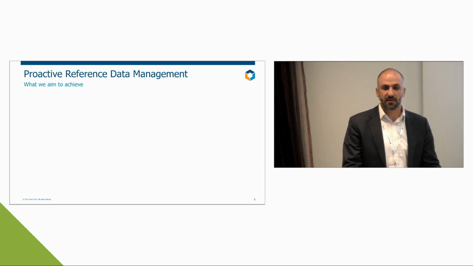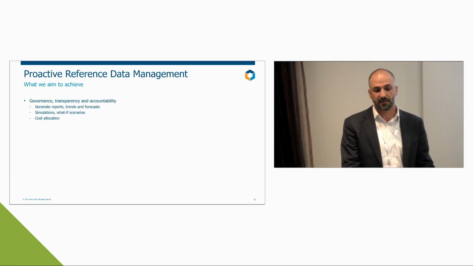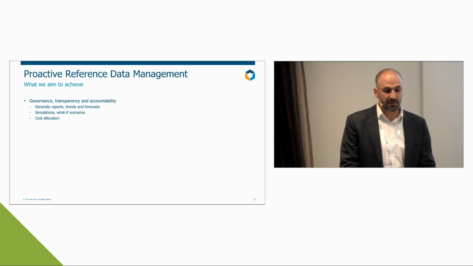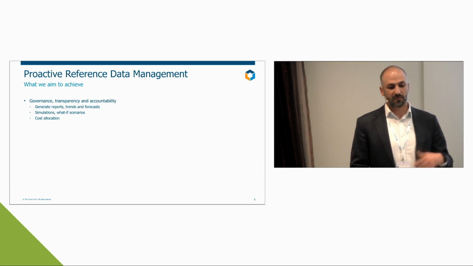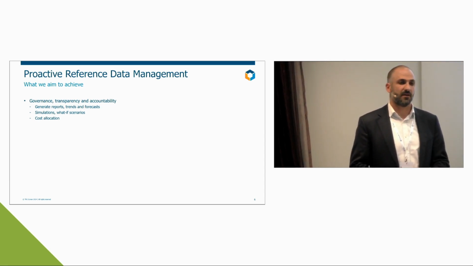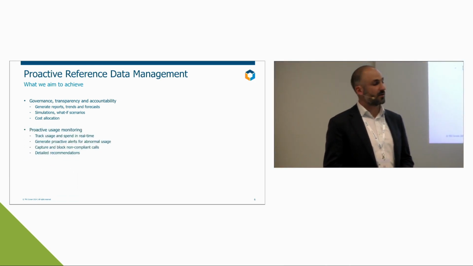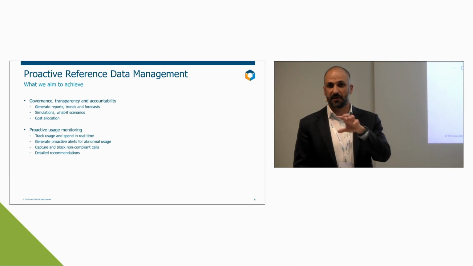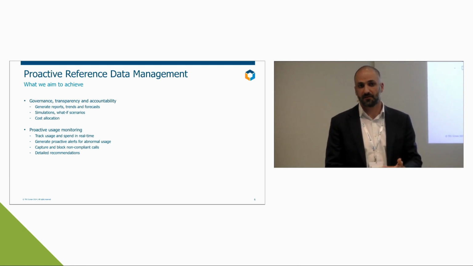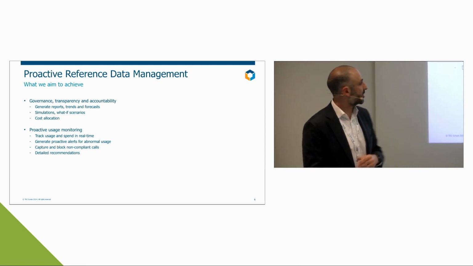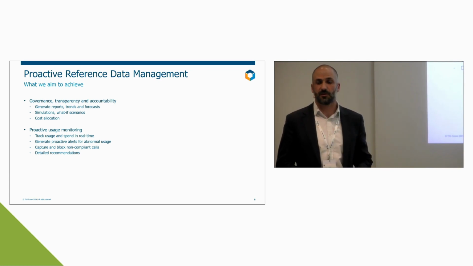Now, it doesn't mean we can't do anything about that. What we try to do, really, before we start talking about how and building these solutions around it, what we're trying to achieve first is better governance, transparency, and accountability for data usage in our organization. So this involves generating reports in a timely way, simulations, running what-if scenarios, allocating spend in a clear way as well. But also, it's changing that dynamic from being in a passive position, waiting for the invoices to come in and processing them, to being in a more proactive situation. And this doesn't just open up the data that we have access to, but now we can build interesting functionality or features that we could not do before.